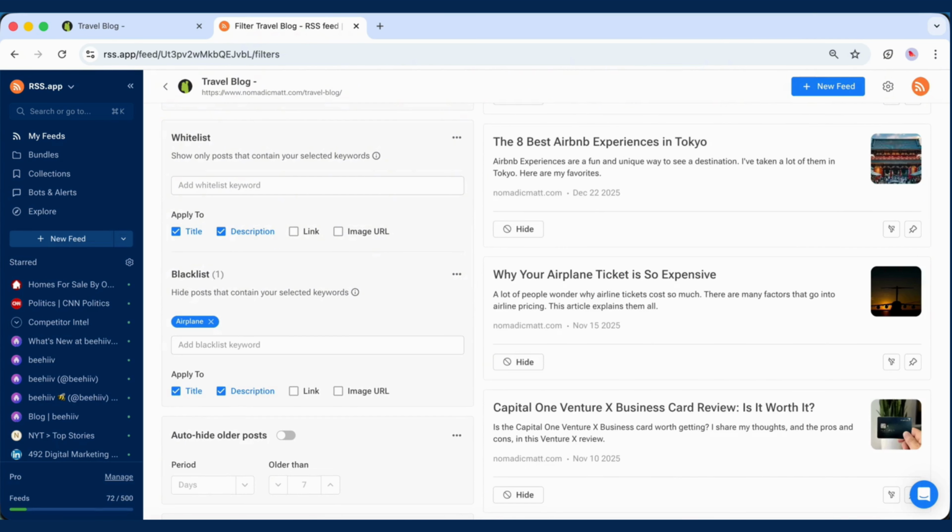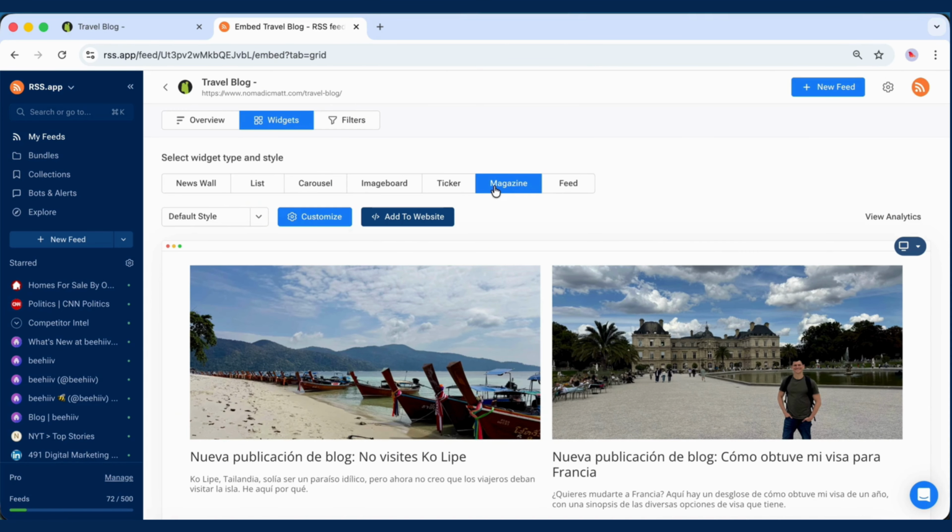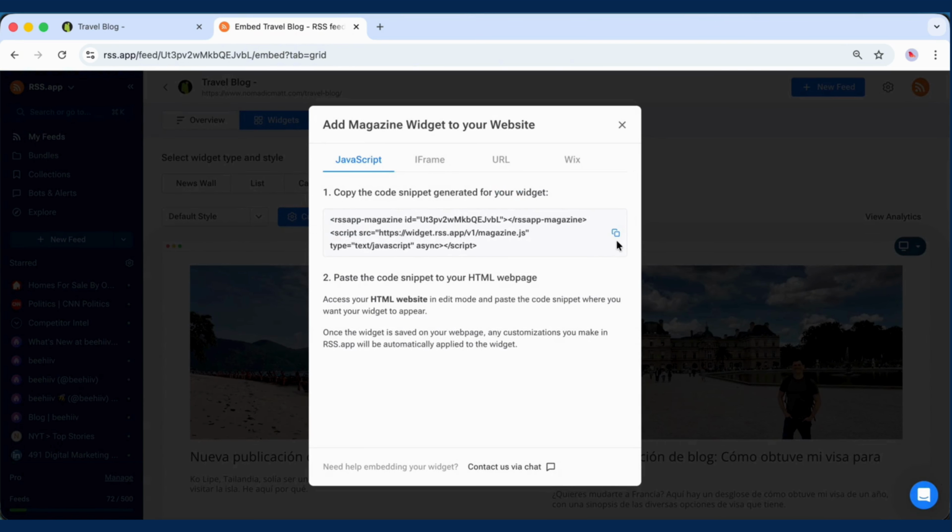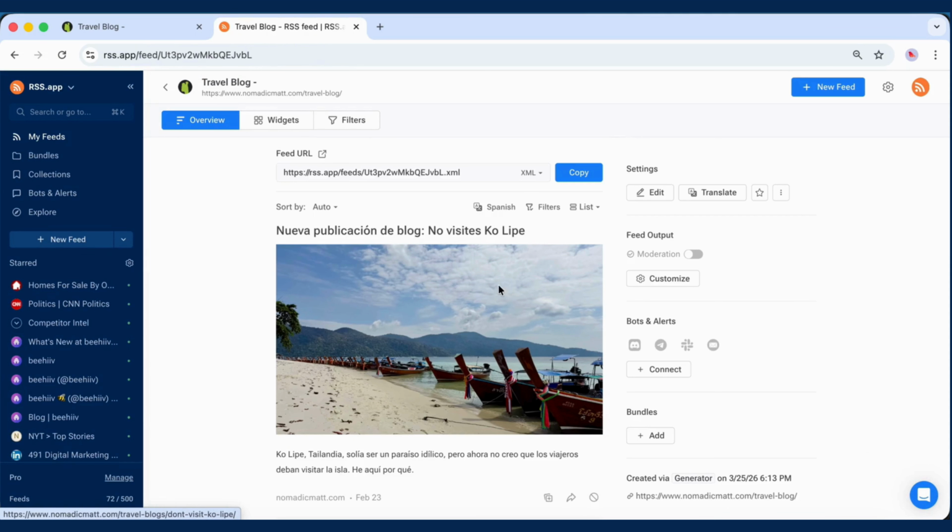Once your feed is ready, you can use it in different ways. You can display the posts on your website using RSS widgets, like Newswall, Carousel, or Magazine. The widgets are ready-made, and all you have to do is copy and paste the embed code into your website builder. You can also connect the RSS to Discord, Telegram, Slack, or email to get notified whenever a new blog